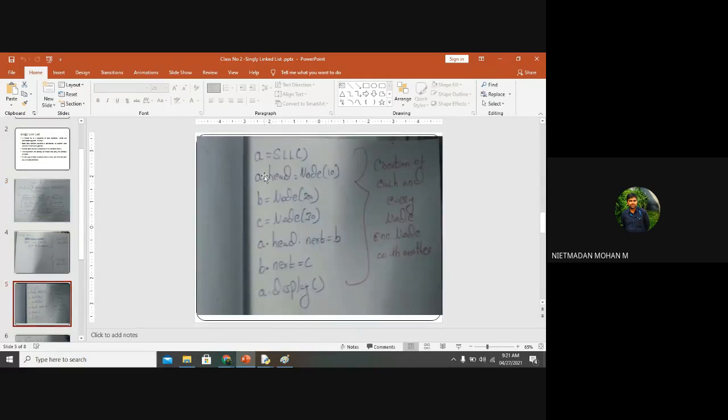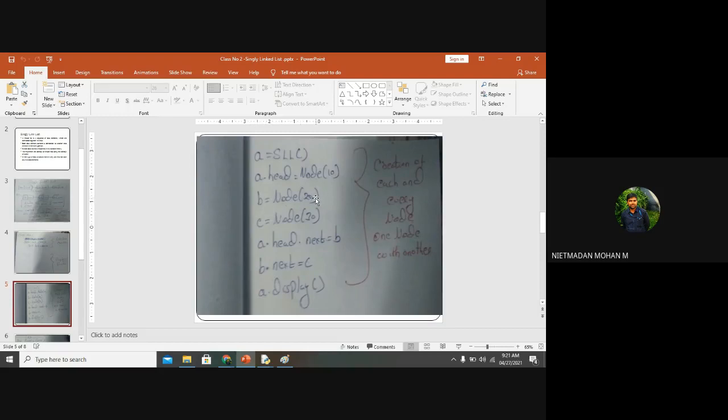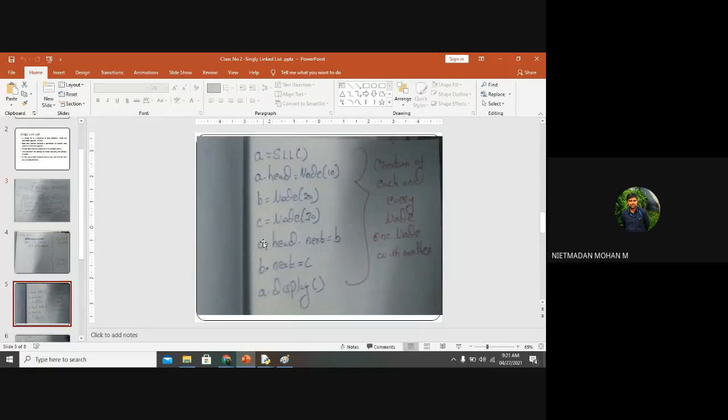Likewise, it will go to the head and it will consist of 10. And b is equal to Node(20). So the second element I have inserted. For the first element you are inserting, you want to give the keyword head. In this case, the head will be initialized and the linked list will be created. And b is equal to Node(20) and c is equal to Node(30). So these lines are the declaration part of each individual node for this particular example: 10, 20 and 30. So now coming to this, a.head.next is equal to b.